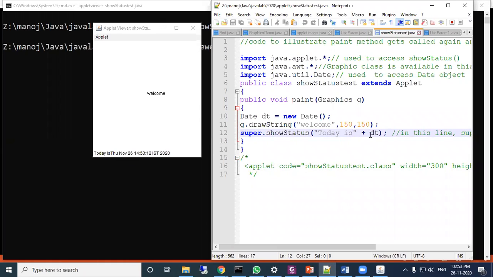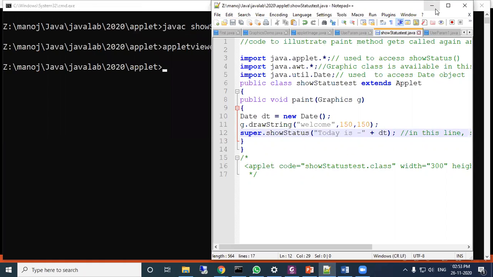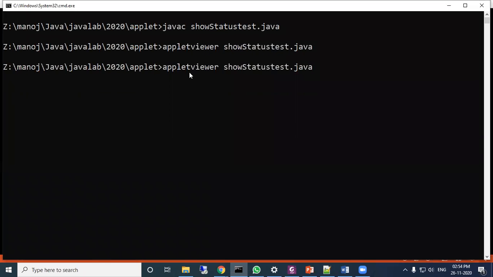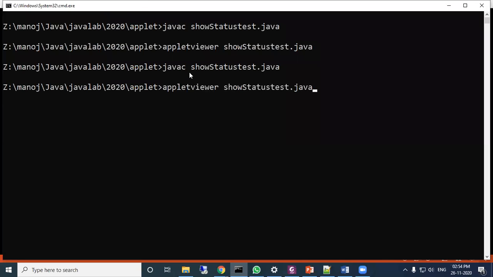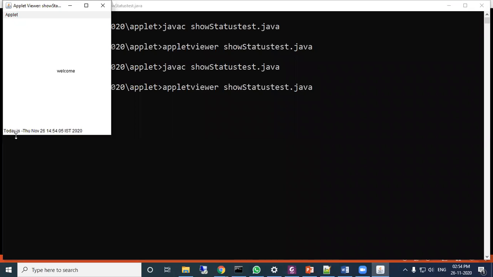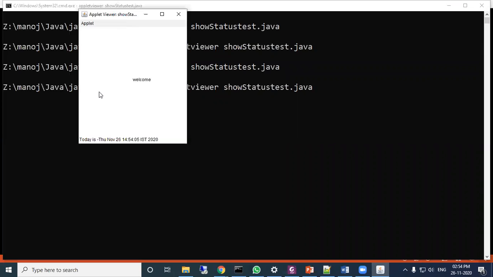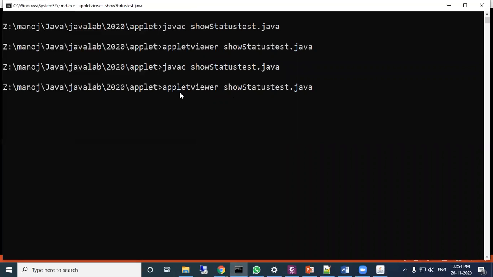If I write here, give here one thing, and now if I call it, okay, one hyphen is showing here. But here you see in this screen, till now it is executing.